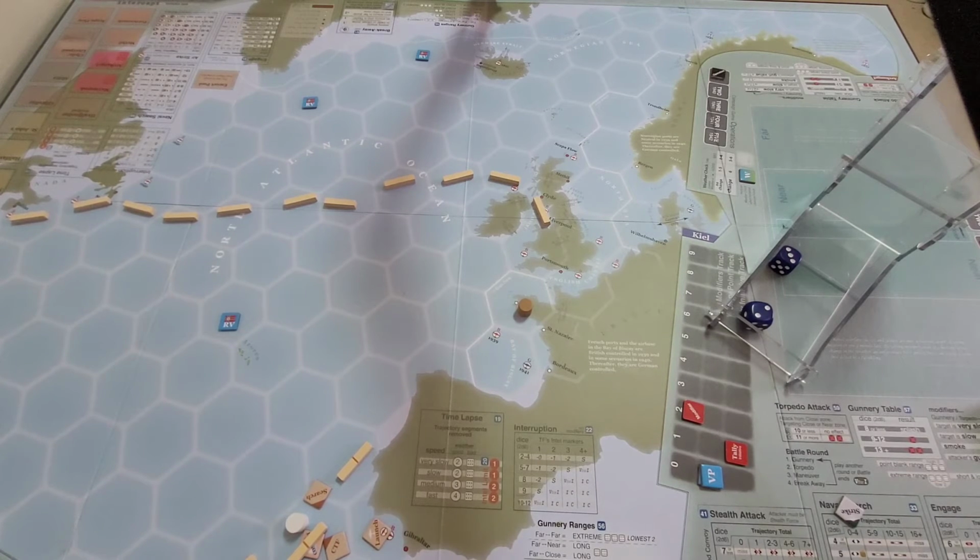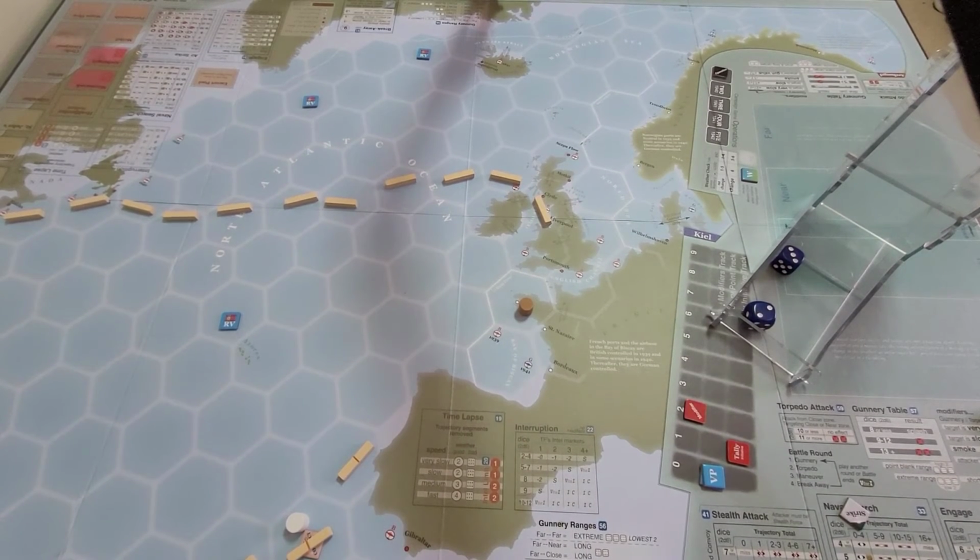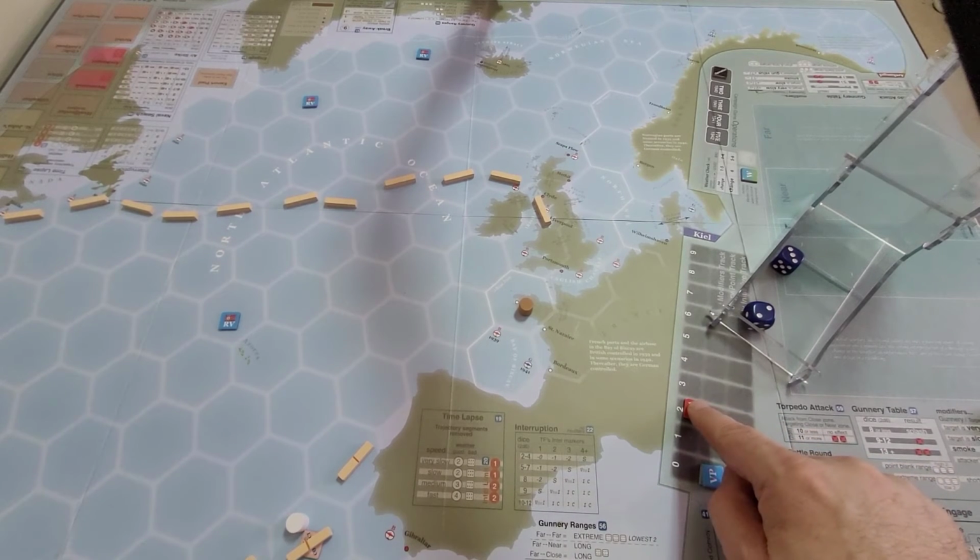That's a 3. And that's just going to be contact, which does absolutely nothing for us. Nothing happens. Oh dear. Okay. So, oh, I forgot the contact marker. That adds something. Hang on. The convoy is very slow. That's a +4. That's actually a, yes. So +4